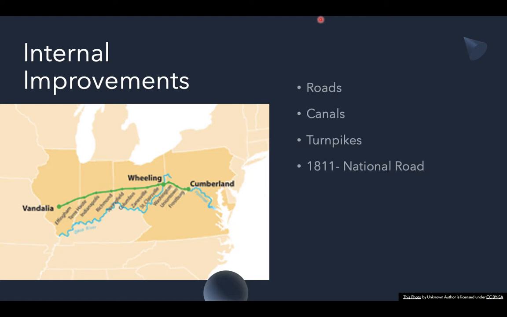As you see pictured here, this is called the National Road, also referred to as the Cumberland Road. It extends from Cumberland, Maryland, all the way to Vandalia, Illinois. It was one of our nation's first turnpikes. We have a turnpike in West Virginia, and it goes from Bluefield to Charleston. And why it's called a turnpike is because there are tolls on it.